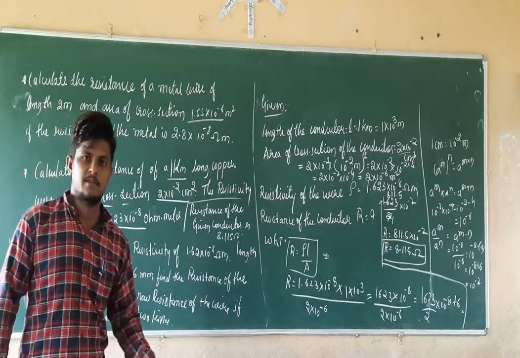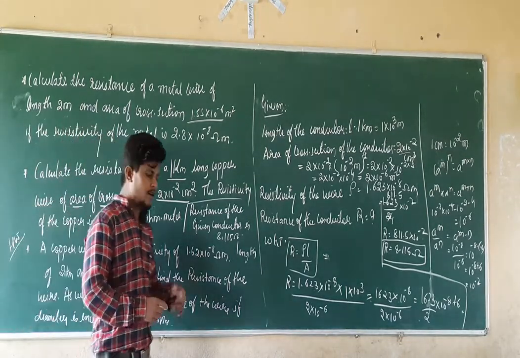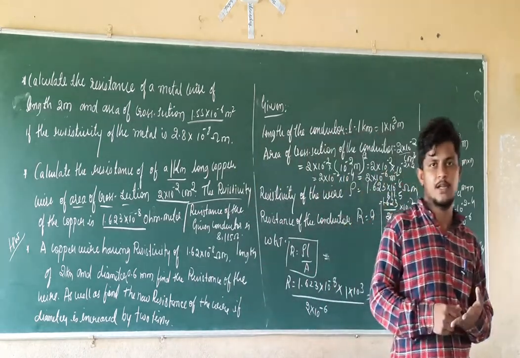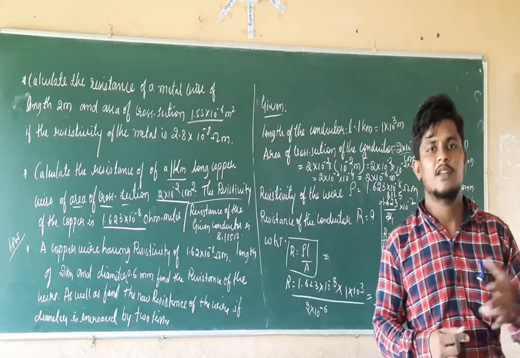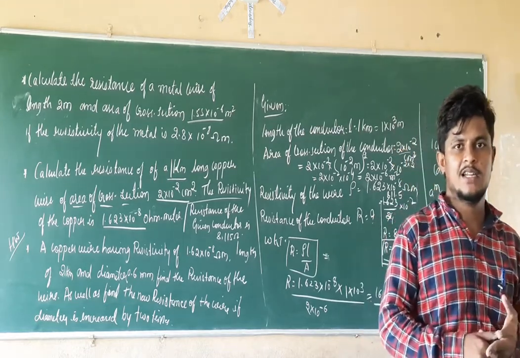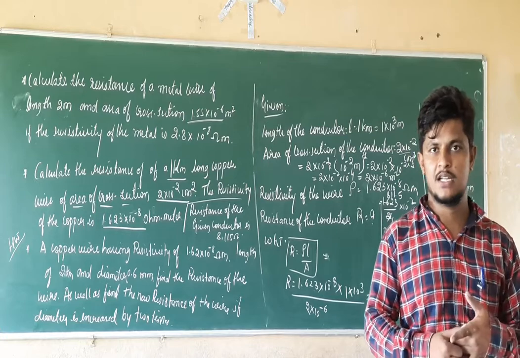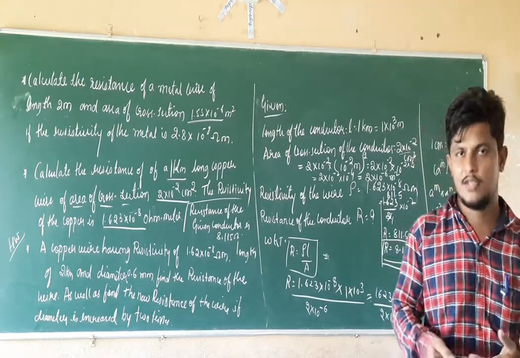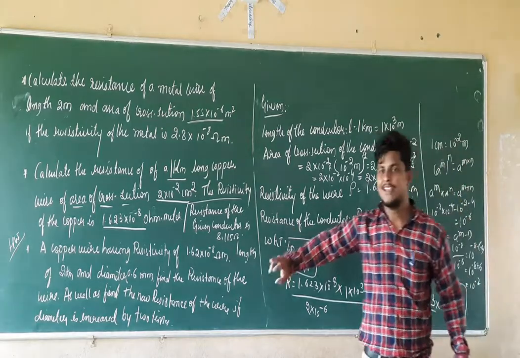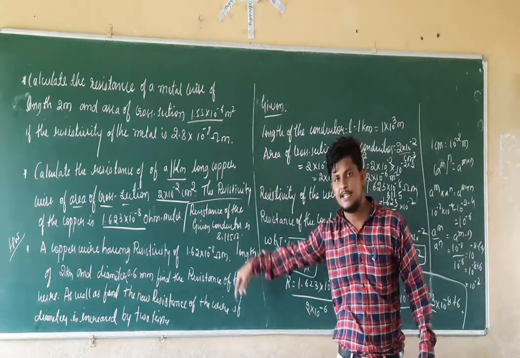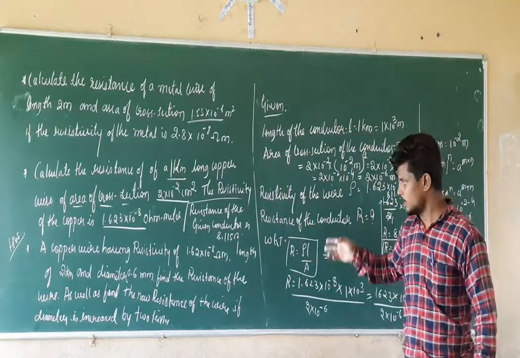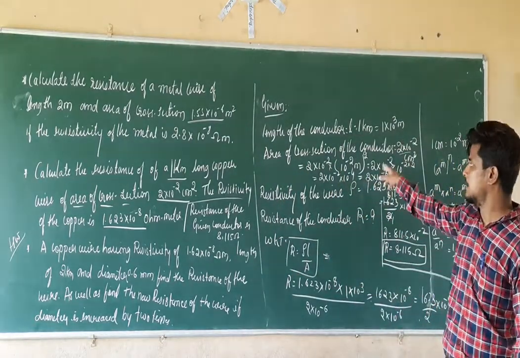In the next class, we are going to discuss the further section, that is resistances connected in various systems: one connected in the parallel system, the second connected in the series system. We will discuss those things in the next section of the class. Up to that point, try to solve this question, and try to resolve the questions already solved by me. Try to improve your calculation and your conversions.